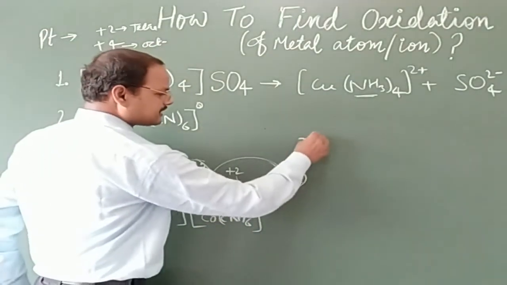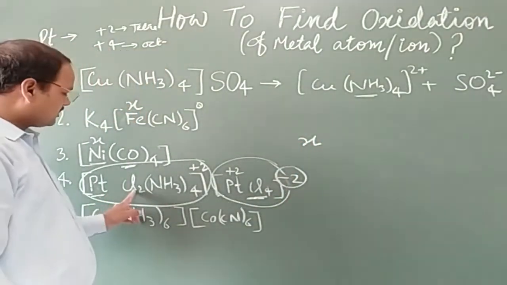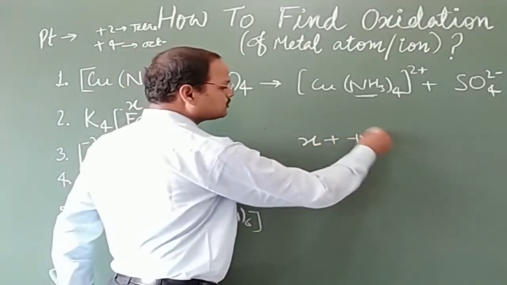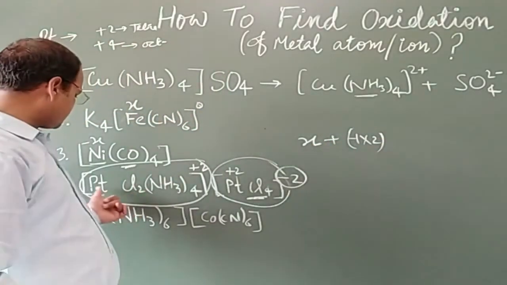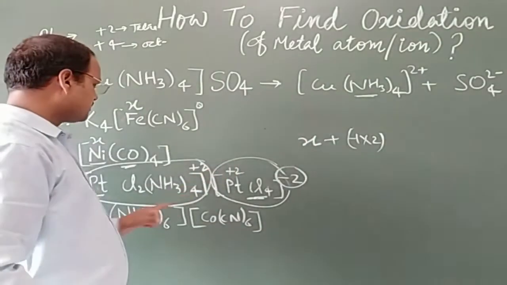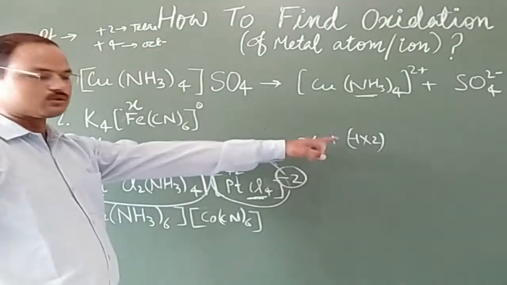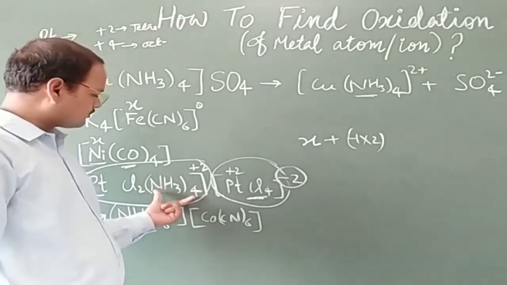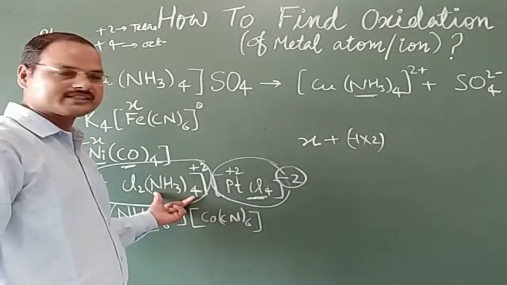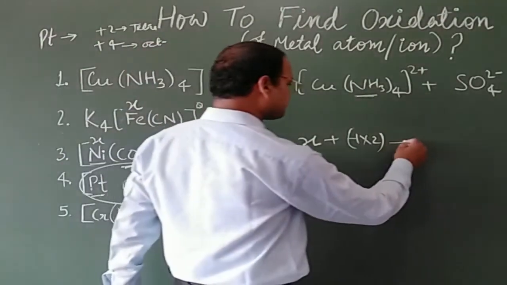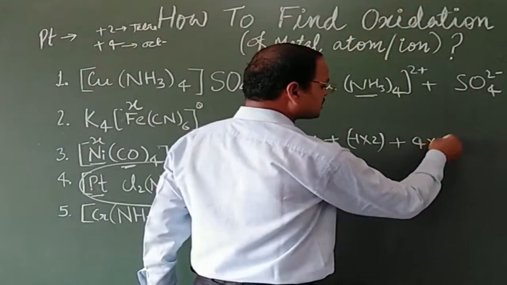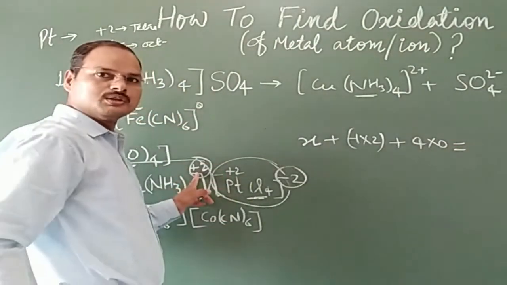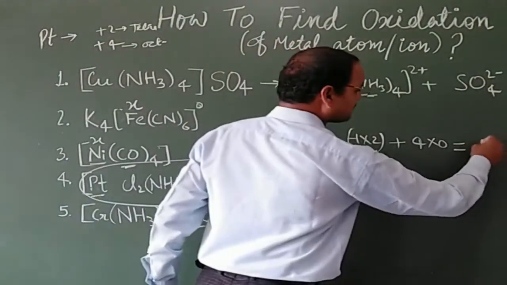Let's see, we can find out the oxidation state for this platinum as I am explaining here. Let it be an X value, a known value, and this is chlorido, it means minus 1 into 2. Sum of all charges means X plus 1 minus into 2, and amine is 4. 4 amine molecules are here, but it is having 0 charge, it means plus 4 into 0, and it should be equal to plus 2.